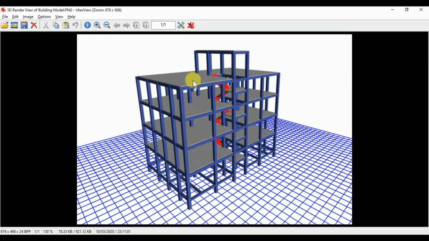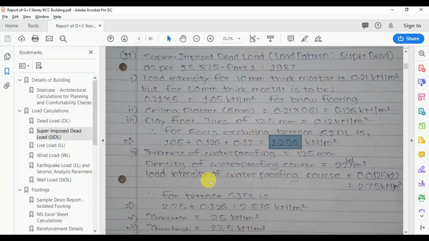Whereas for the terrace we need to provide the waterproofing, so the load is somewhat more compared to these floors. So for the terrace the superimposed dead load is 2.876 kN per meter square. So for the first, second and third floors, the superimposed dead load for the flooring and ceiling plaster is 1.296 kN per meter square.